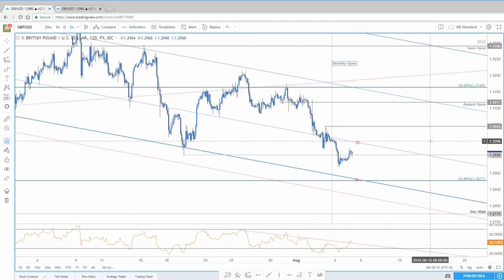There's two ways you can play this. It's kind of not worth it in my mind to try to press the short to look for that last stab into 128.77, but I wanted to bring it to your attention because if you do get a flush out, you do have CPI data coming out of the United States towards the latter part of the week. You do have some UK data towards the latter part of the week. So if you do get a final washout dump lower, 128.77 is a good region to look. Keep your eyes peeled for that. I'm not going to start trading the long side of this just yet, but that's the region I'd love to see